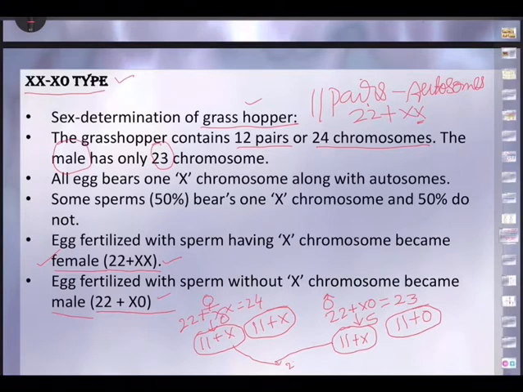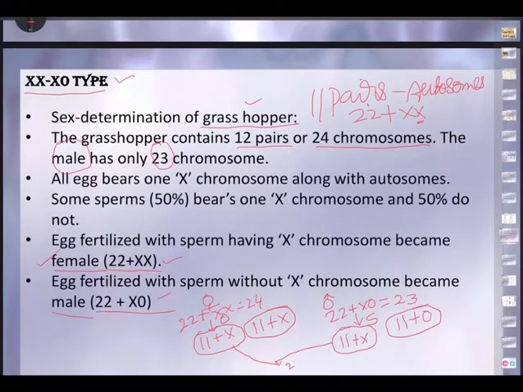So you got X plus X. So 22 plus X, X is 44, 11 plus 11 is 22, 22 plus X plus X, so 24 it becomes. And when this combination takes place, that is 11 plus 11, 22, but X plus 0, X0. So as a result, the male will be receiving 22 plus X, and of course 0 will be there. Hence, an egg fertilized with sperm without X chromosome became male because 22 plus X0,